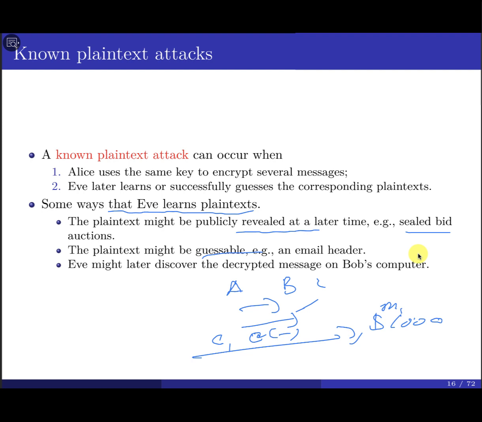Or maybe it's easy to guess the plain text. Of course, it depends on social engineering; we'll try to cover this one later if we get a chance. A monitor knows your behavior, and when you send a message, maybe the first thing you say is something like this, or "Hi guys, whatever." This is the header of the message or the email. So by monitoring the communication, I can guess this is going to be the corresponding plain text for the ciphertext.